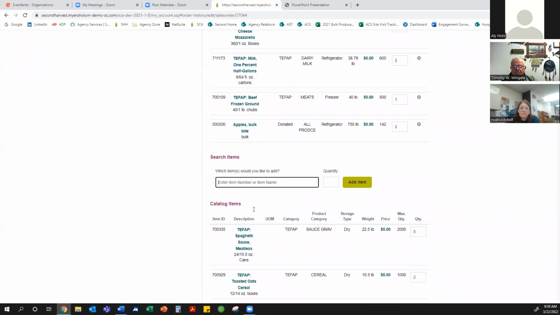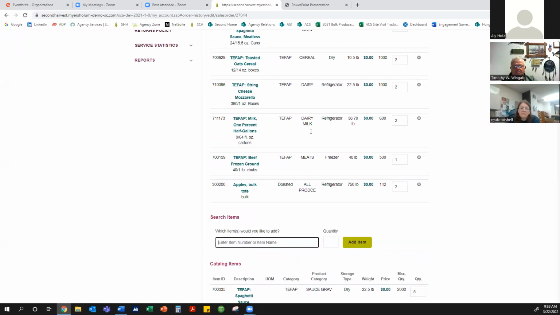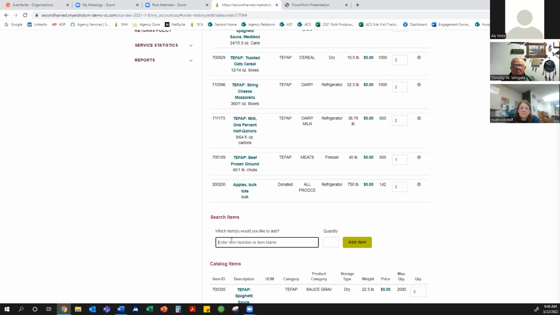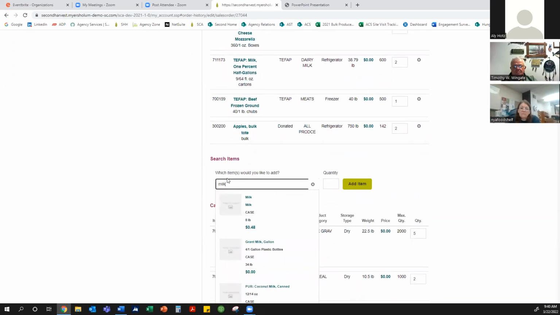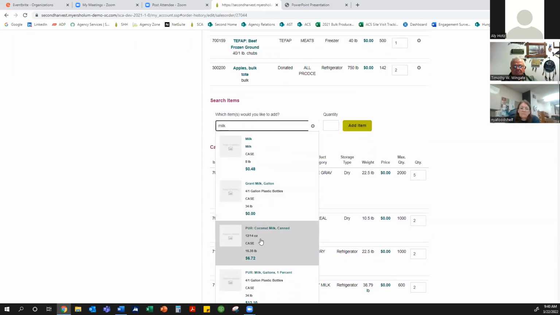So if we wanted to search for an item and add it on, let's see, what do we already have on our order here? If we wanted to see if we had any bread, let's go ahead and start typing in bread. It looks like nothing is there. Let's look for some milk here. So if you start typing in a phrase here, it'll populate based on the item description. It'll populate everything that we have that has milk